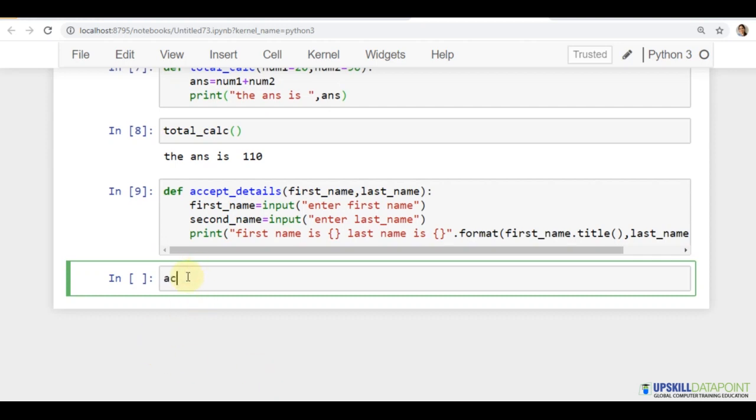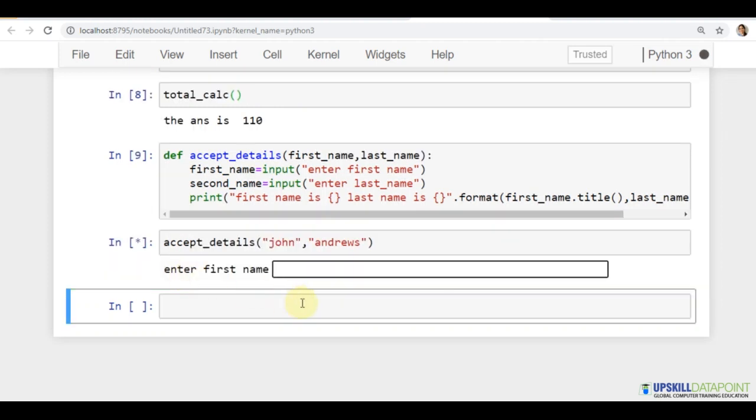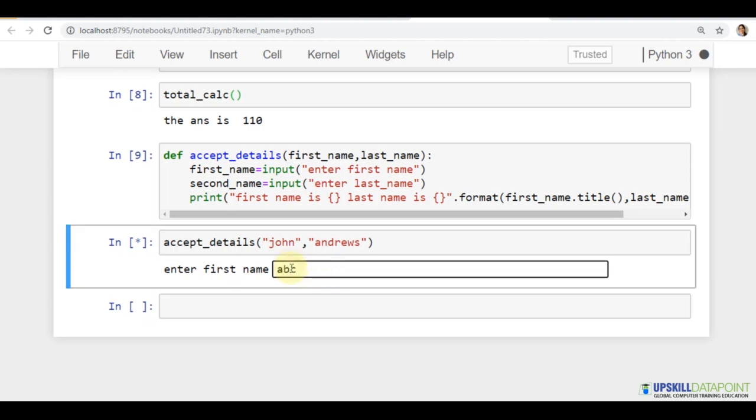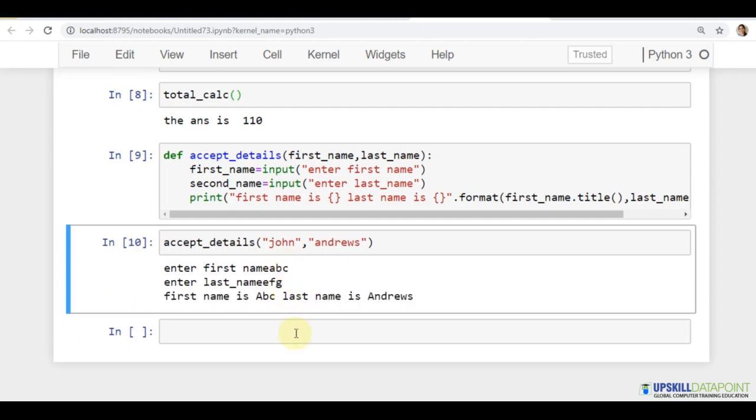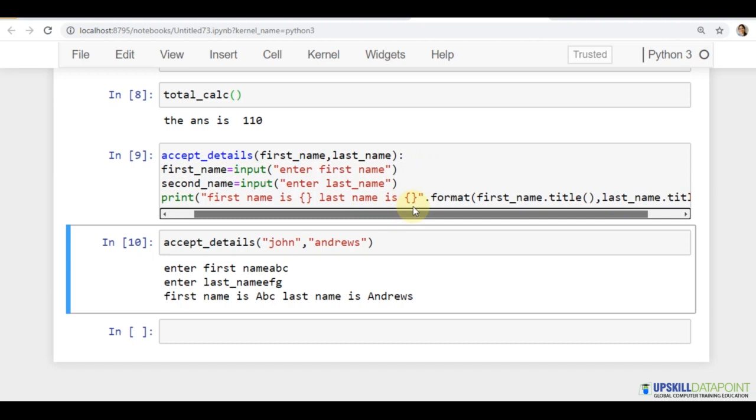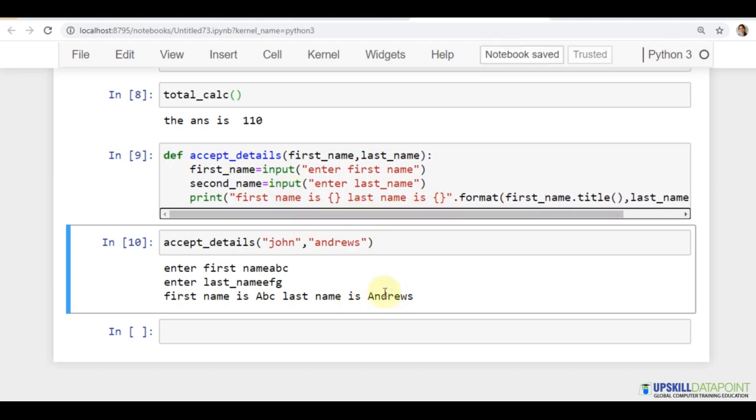Now let's call this function accept details, and let's pass here say John and maybe say Andrews. So say I passed here ABC, I passed here say this name. So this first name is ABC and last name is, okay, so why did it pass Andrews?